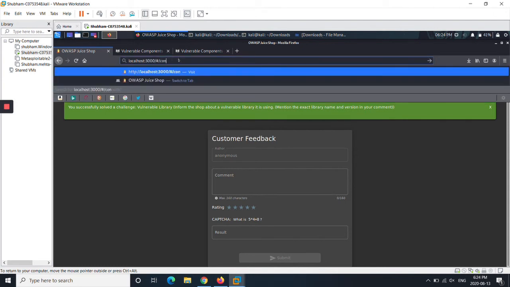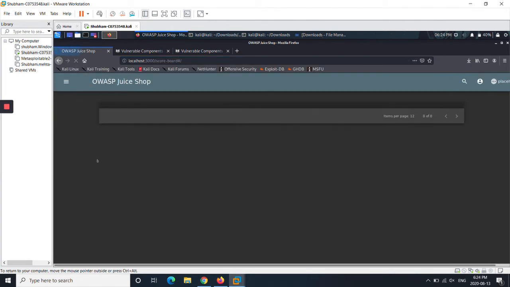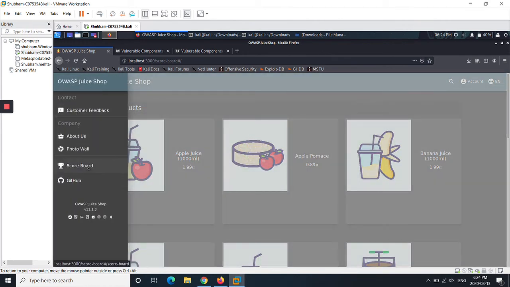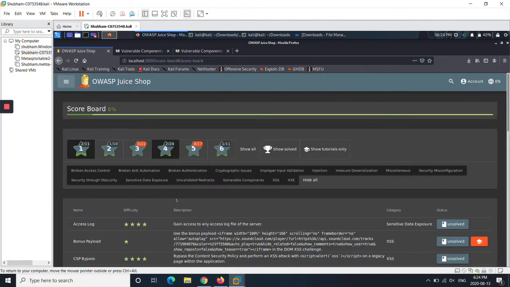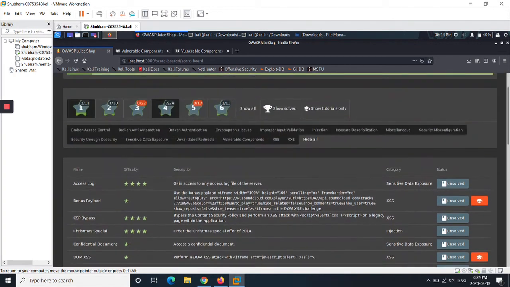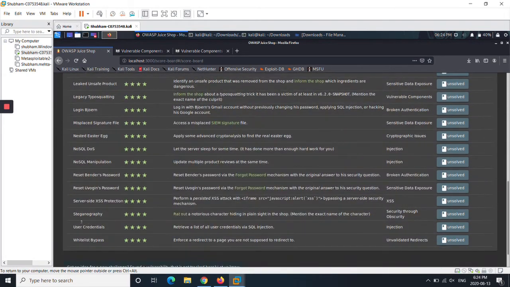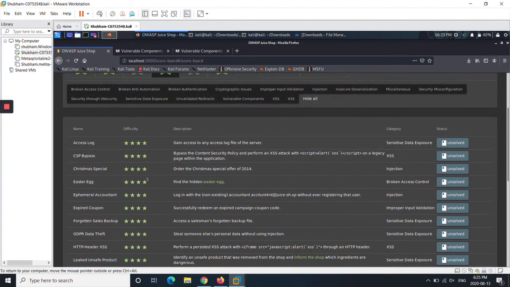Now we can see in the scoreboard that I solved the challenge. Earlier it was showing unsolved. Now it should show the solved status with the green button. So let me go back to the scoreboard page, and in level 4 it is not showing even the name of the challenge that I did.